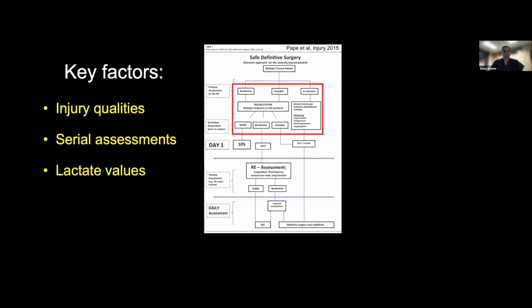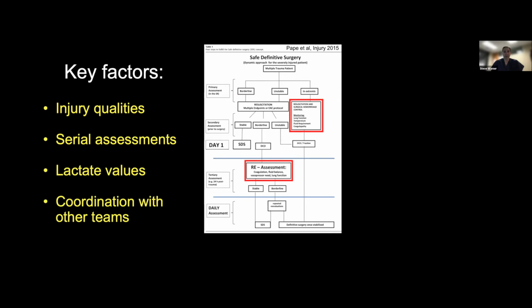A third thing, as we mentioned, as this patient is undergoing resuscitation and their assessment is ongoing, lactate values are really important. And those help us not only have a baseline of their end tissue perfusion and acidosis level, but it also gives us a real-time value of how that patient is being resuscitated, not only before we get to the operating room, but also intraoperatively. As we're going through procedures, we can have anesthesia draw a lactate value and see how they're managing their physiologic status. And then lastly, as was mentioned multiple times, coordination with other teams is really, really important in managing these polytrauma patients.